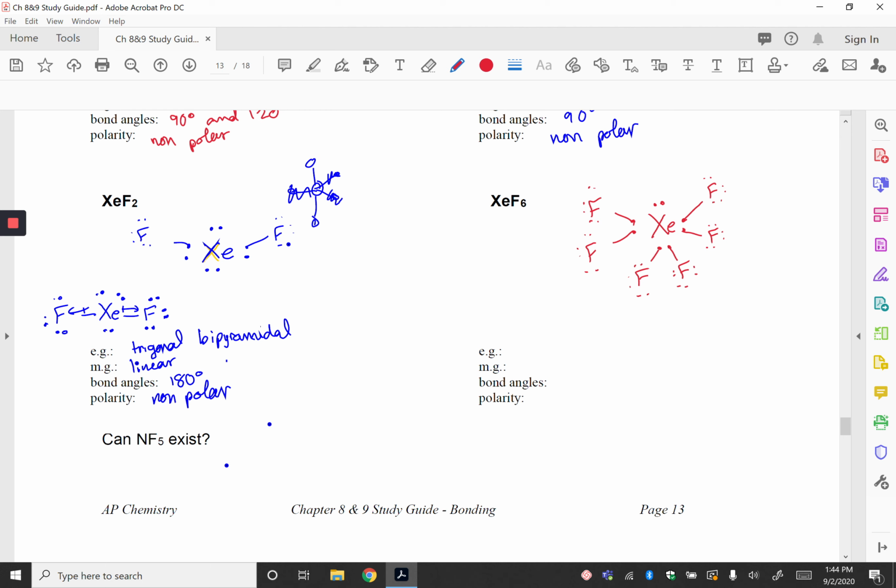So that's all we can do. It has way too many, right? It has 14 electrons, but there's no other way that we can